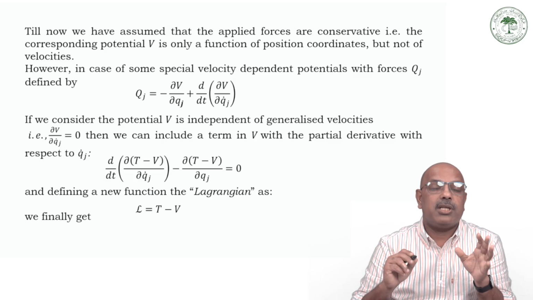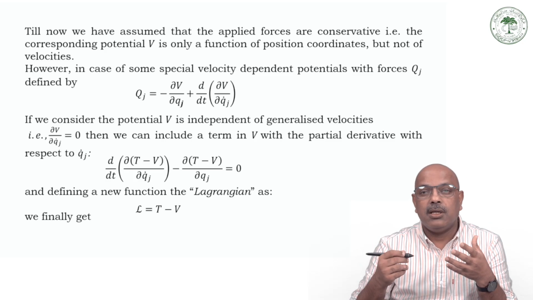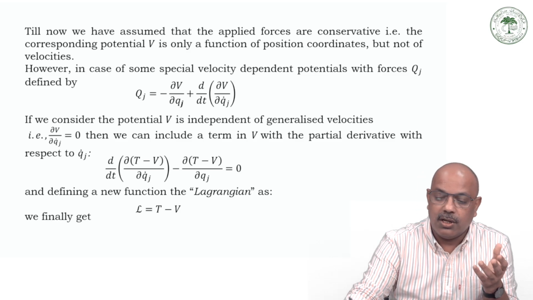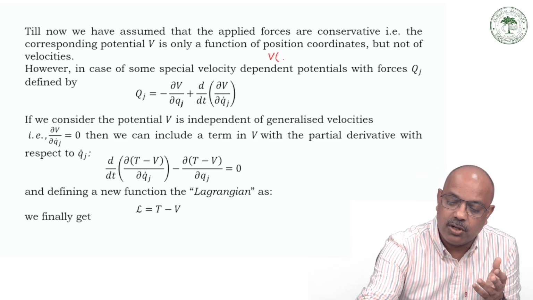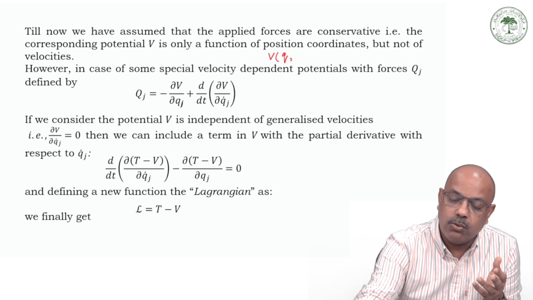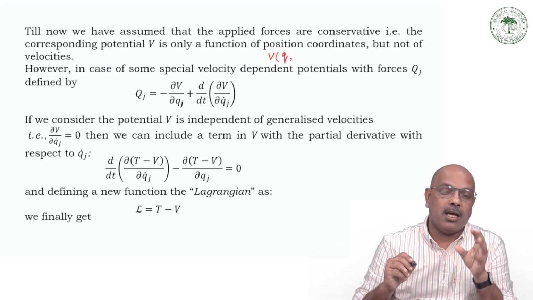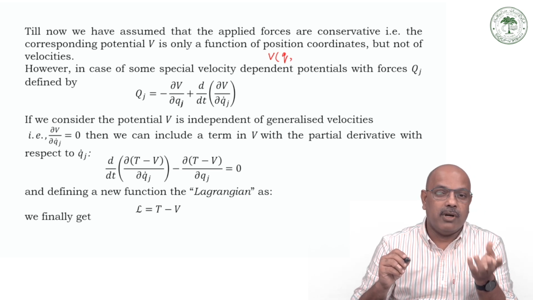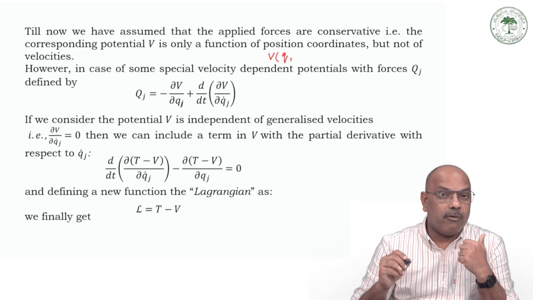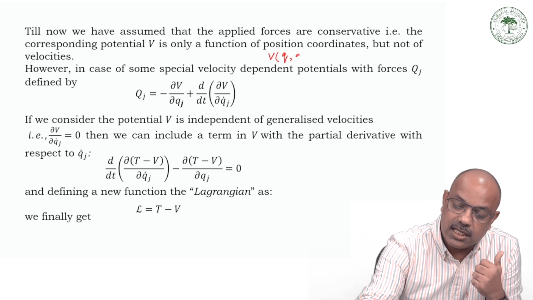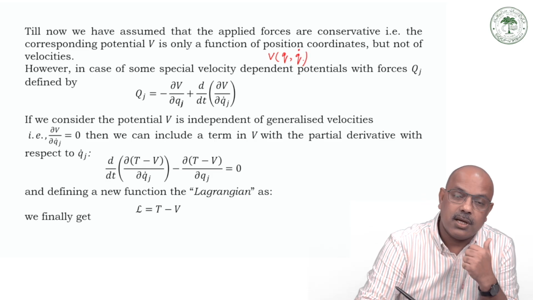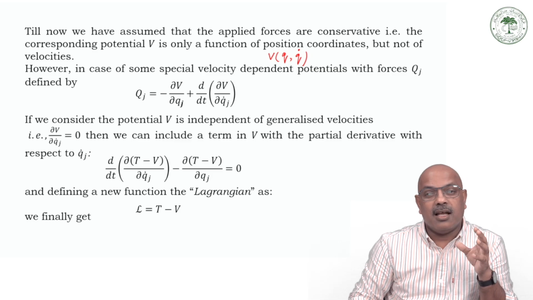So the corresponding potential is naturally a function of the position coordinate only. V depends upon q, the generalized position coordinate only, but not on the velocity. But if it also depends upon the velocity, that is the generalized velocity q dot, then in that case